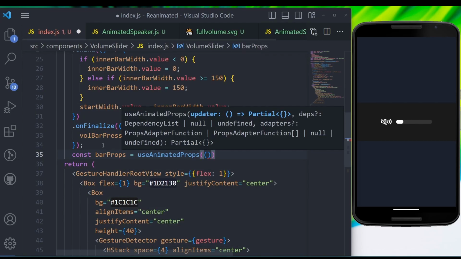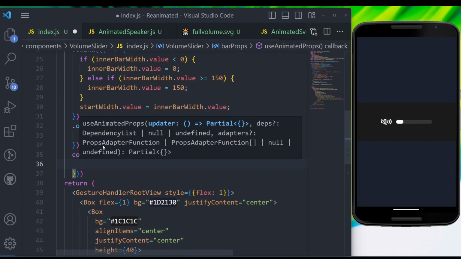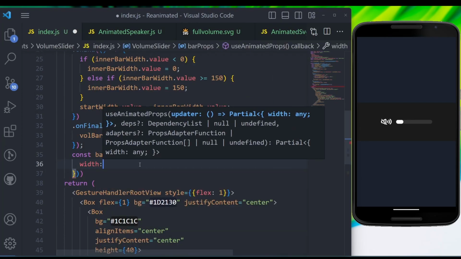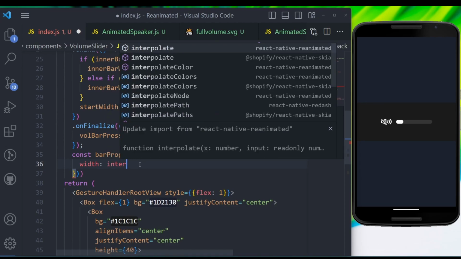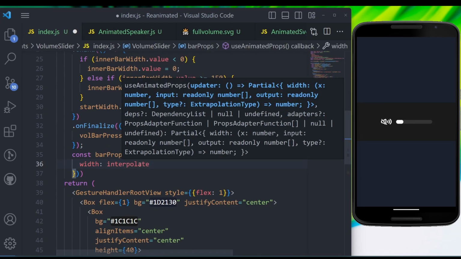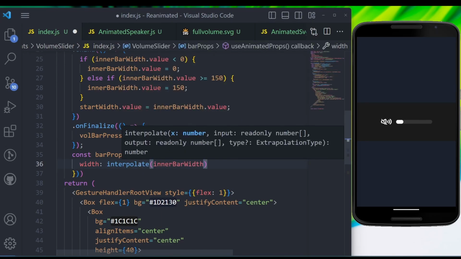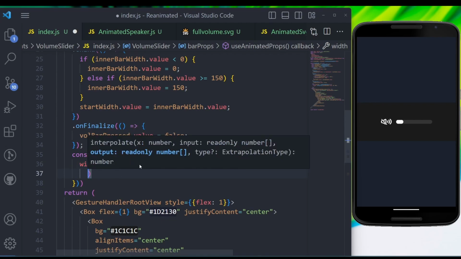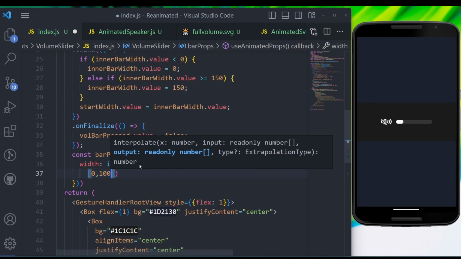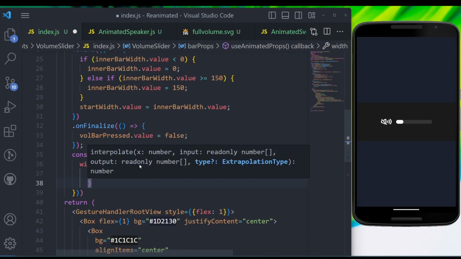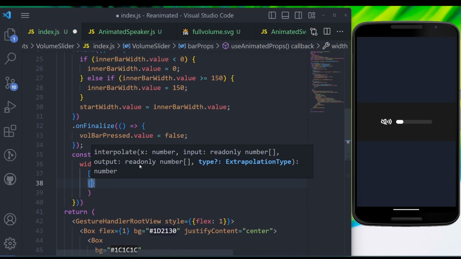we'll be using useAnimatedProps for this, and this will return an object, and that object will have width. And of course, we'll need to interpolate the width based on the inner bar width. So inner bar width dot value, and then there will be input values, the array of input values. I'll give 0 to 150 since that was our final value. So input value will be 0 to 150. Output value will keep as 0 to 100. So that will be in percentage 0 to 100,